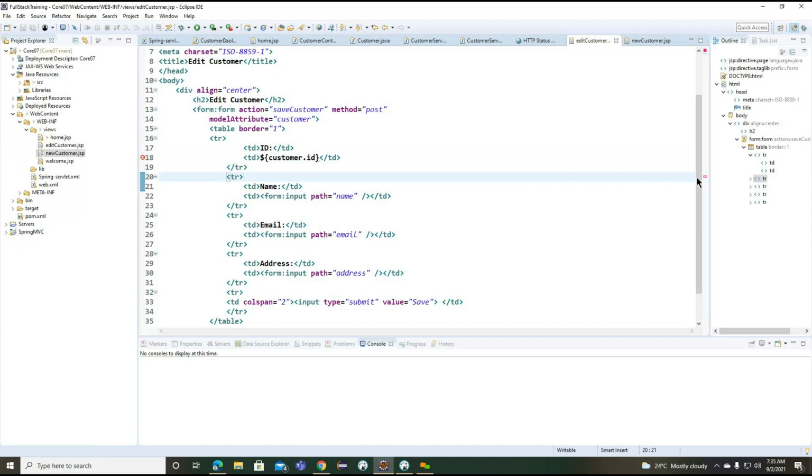Let me save. What happened here? Okay, so this is not an issue. But now we'll go for the form tag here, and we'll try to provide the hidden value.